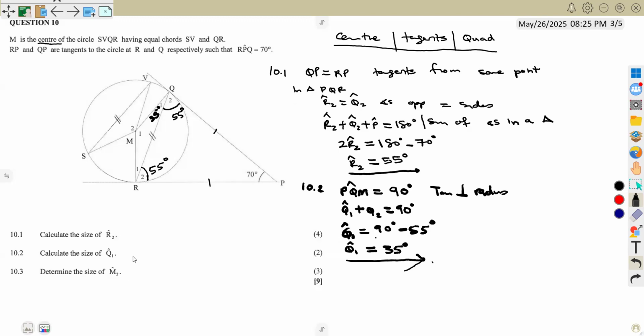So we established that here is 35 degrees. To get the size of M2, we go to triangle QMR. In triangle QMR, we can establish that the angle Q1